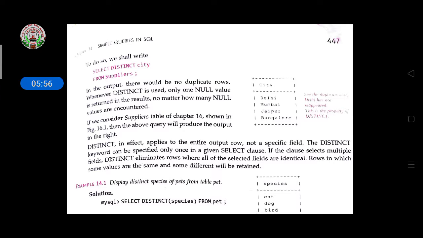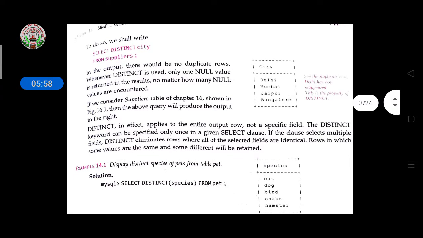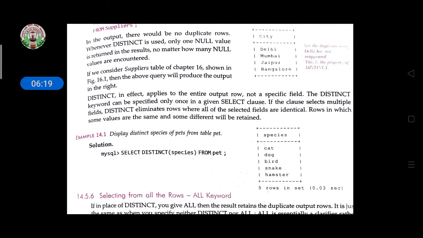Then here the city name will not be repeated. In the output, there would be no duplicate rows. Whenever DISTINCT is used, only one null value is returned in the result, no matter how many null values are encountered. If we consider the suppliers table of chapter number 16 shown in the figure, the above query will produce the output on the right side.